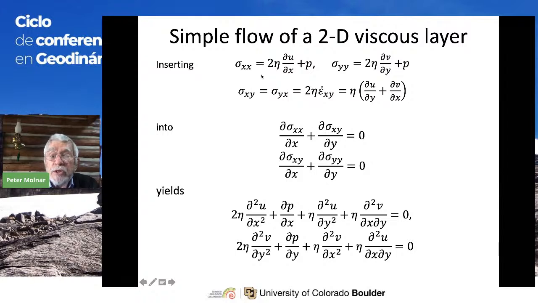And if we put these equations in, clearly putting du/dx into this part of the term just gets you a second derivative of u with respect to x squared. Putting the pressure in simply gets you the gradient in the x direction of the pressure. And then in the shear stress, we put this term in, du/dy, and this is a gradient in the y direction, so we wind up with the second derivative of u with respect to y squared. And when we plug the v term in, we wind up with this term. And the same applies when we do the other component, the other equation in the equation of equilibrium.